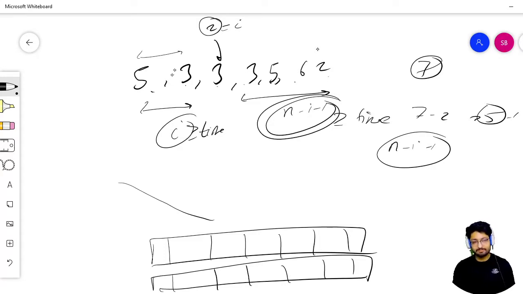So let's say I have the same example. The first number is fine, so the first number I cannot decide, so it is 1. From 2, it means that it is decreasing, and I want decreasing numbers only, so it is fine. So you just have to compare this number with the previous number. If they are the same or decreasing, then you can take the previous number incremented by 1.